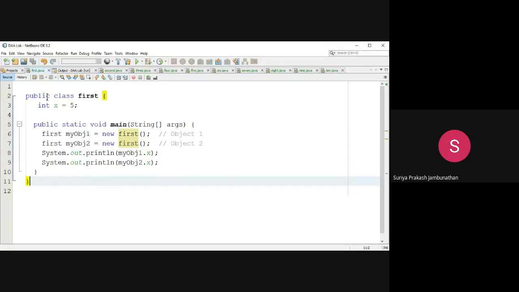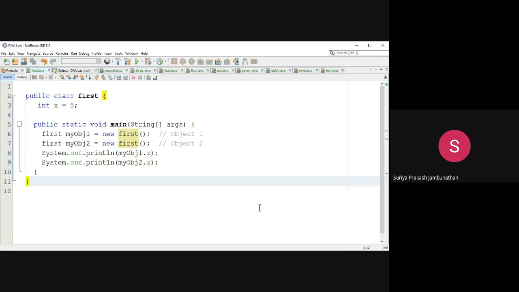Private can be accessed within the class itself. The third one, protected, can be accessed within the class, and outside of the class we can access it with the use of the inheritance concept. And the fourth one is default. Default means if you are not giving anything before the class, it becomes default.